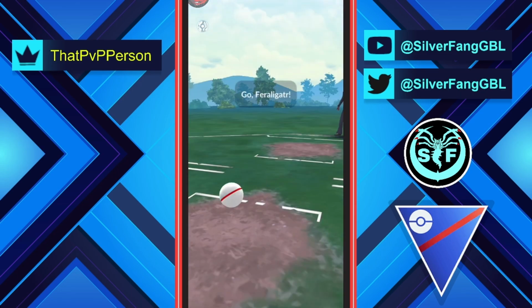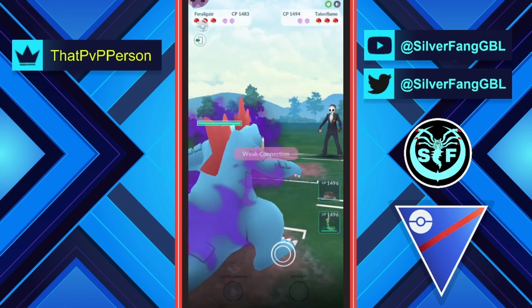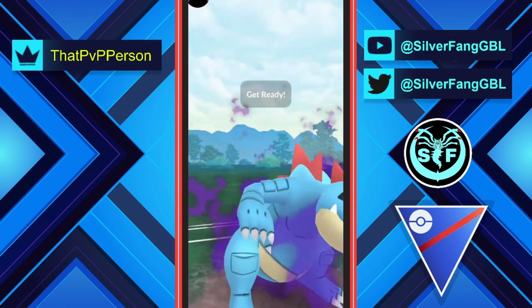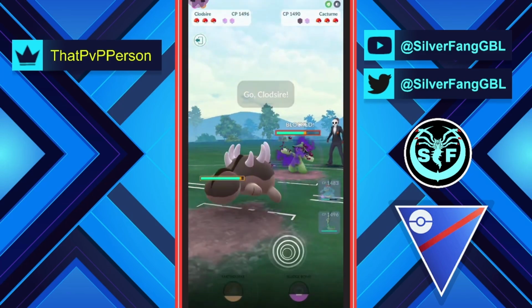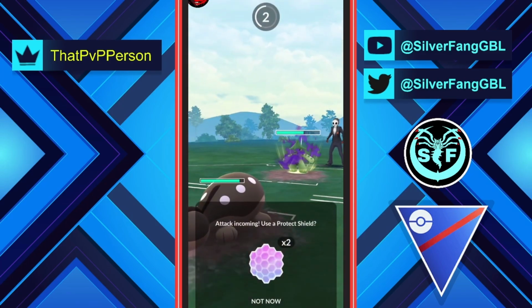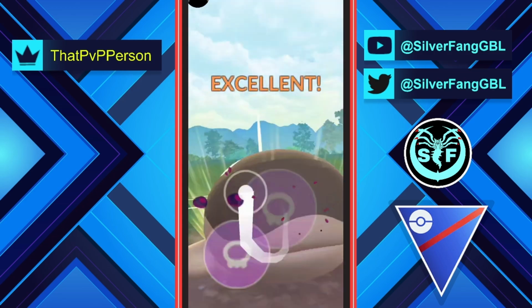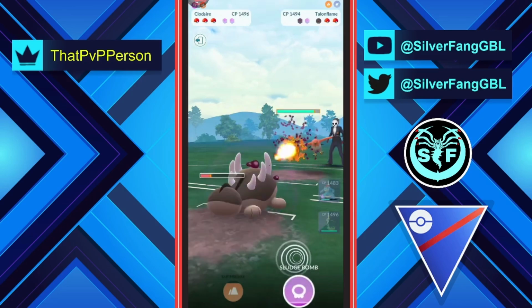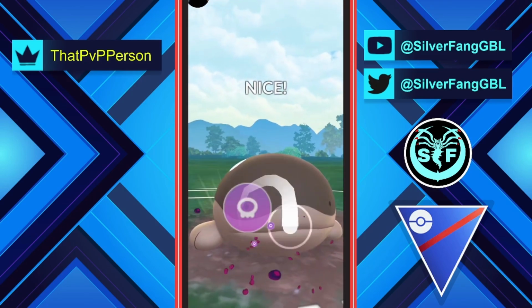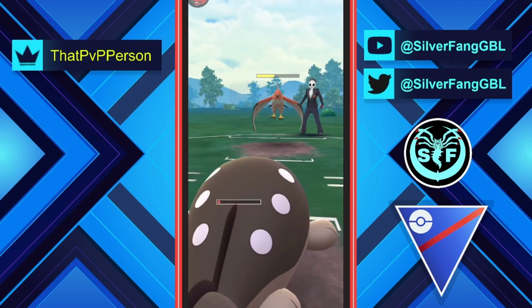GG. Just as I said at the start of the video, it's a pure domination from that PvP person. The last battle was so good because Clodsire got to its charge move with 1 or 2 HP on it. So here we have Feraligator versus Talonflame. The opponent comes in with his Cacturne. We are coming in with our Clodsire, and Sludge Bomb came in clutch because we didn't have to use any shield and we got the switch matchup. So here we are going for another Sludge Bomb against Talonflame, and here the opponent is going for the charge move